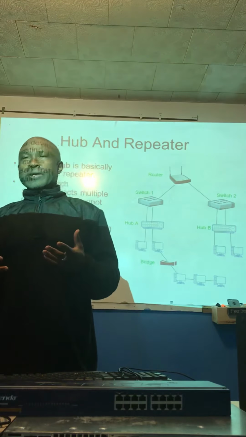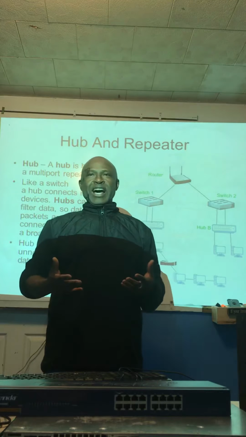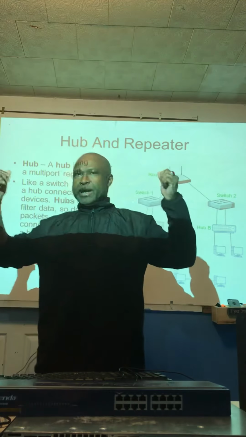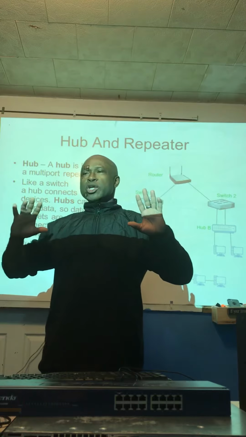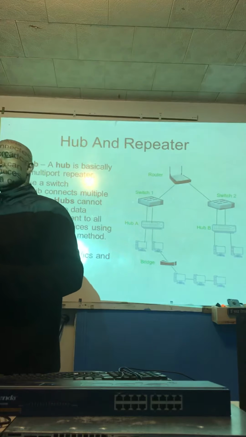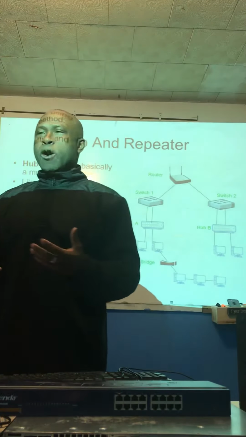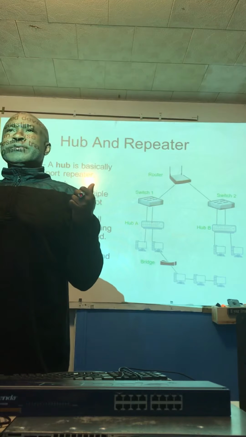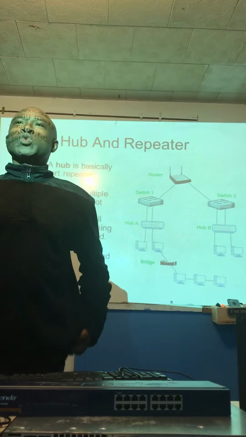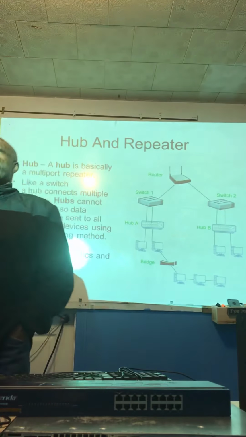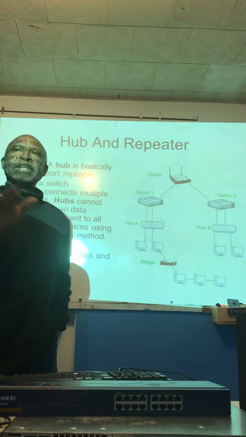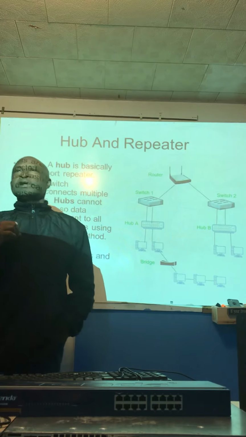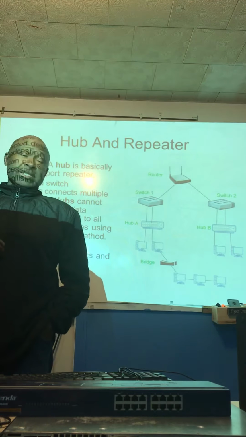But the way hub sends data created a lot of problems because networks used to crash all the time, because the hub uses a broadcasting method. That means if a hub has 12 ports and you want to send data to one computer that is connected to a port, every computer connected to a port will receive that data. That creates a problem because networks used to crash all the time. This is the time when